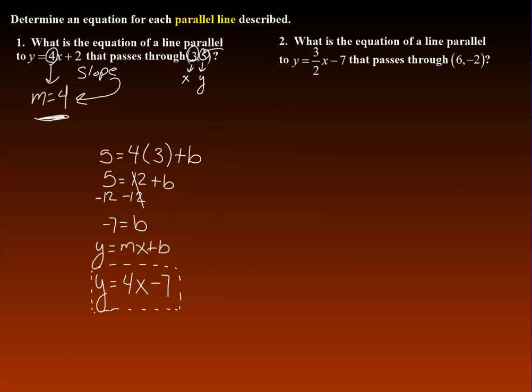So this is the line that is parallel to y = 4x + 2 and passes through the ordered pair (3, 5). So it's your turn this time, you're going to do y = 2/3 x - 7